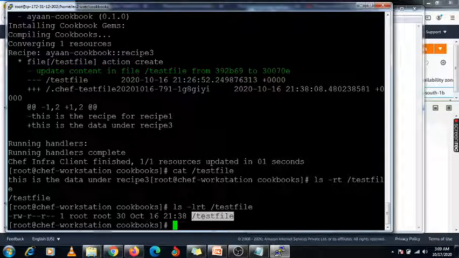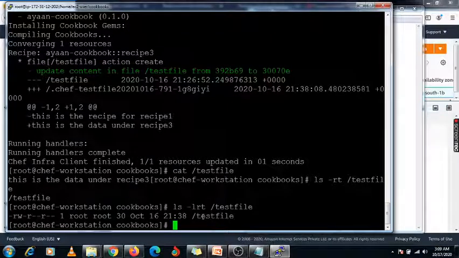Now again we have to install some other recipes, like to create some web pages. First we are going to install one Apache server. No issue.